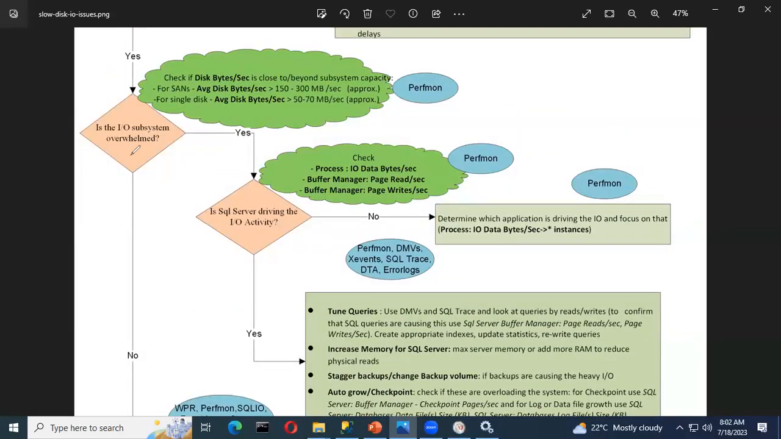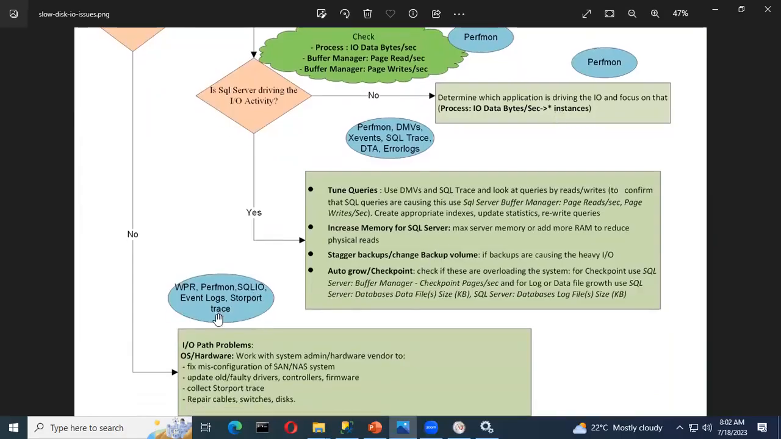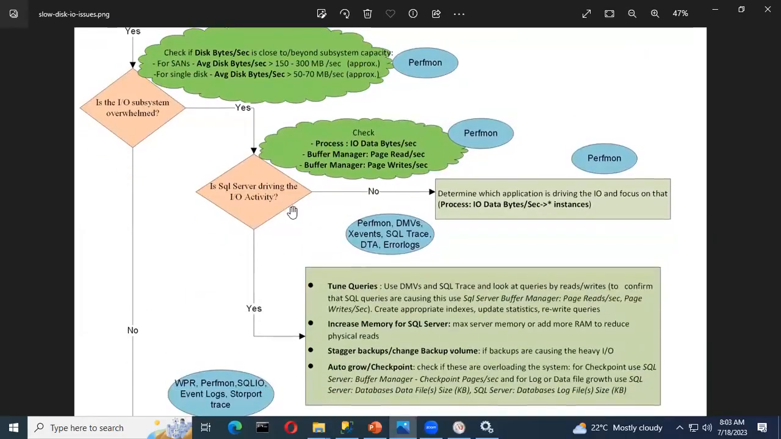Let's say IO is not overwhelmed, and you don't see SQL driving much IO. Then in that case, you'll have to go with the storage issue. So if you don't see any SQL driving much IO, then you will have to investigate the issue from the IO storage. If SQL is driving, then you'll have to drill down further into the performance of your